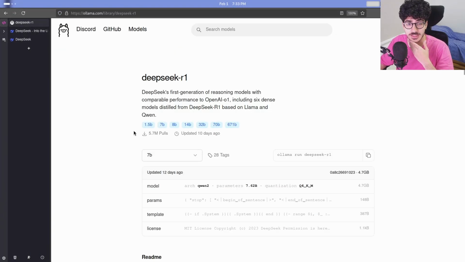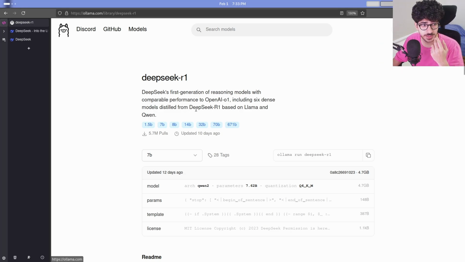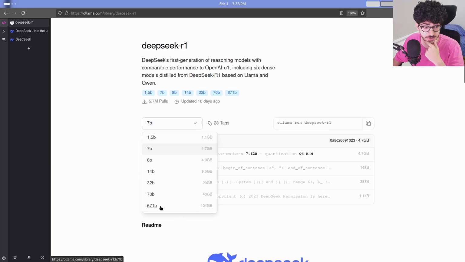A distilled model is when you take a bigger model and you train a smaller one with the knowledge from the bigger one. So it's basically a dumbed down version of the big one. And they have available all the sizes. Here's the big boy with 400 gigs. So basically this number is the size of the model. If you multiply it by 1.2, that's basically the amount of RAM that you would need on your computer to run it completely on GPU locally. It's gonna be fast, it's gonna be good, but no one here has 400 gigs of VRAM on their GPU. I don't have